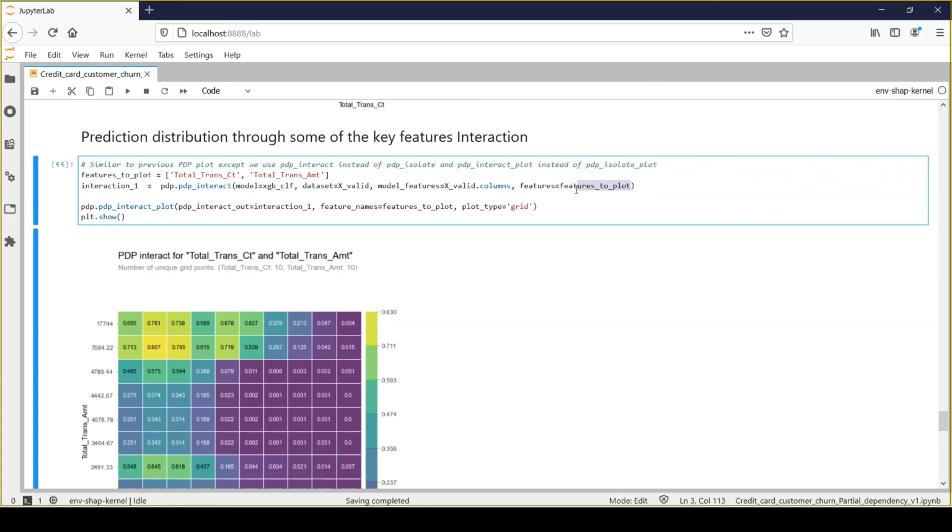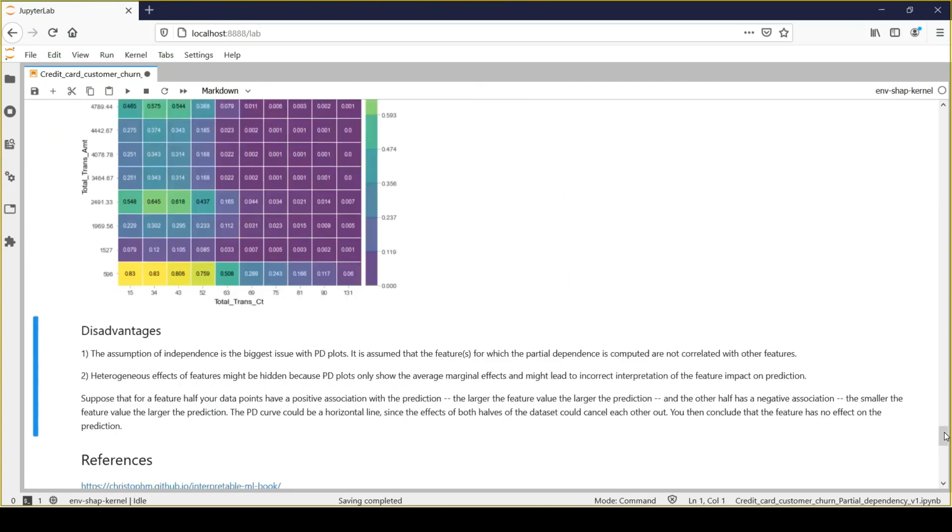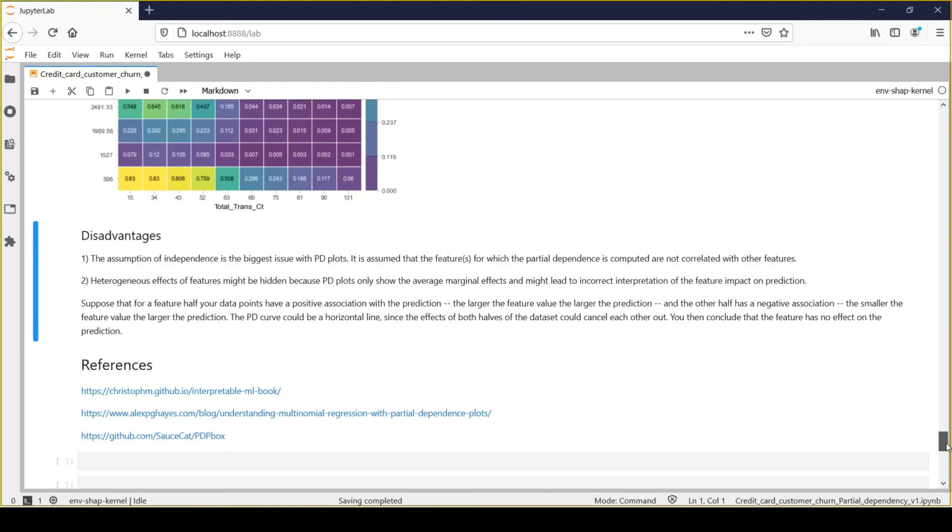So here we need to provide all the features for which we need to understand the impact. So feature interaction between total transaction count and total transaction amount, right? So once we plot it, okay, you would be able to clearly see the impact of those interactions, okay?